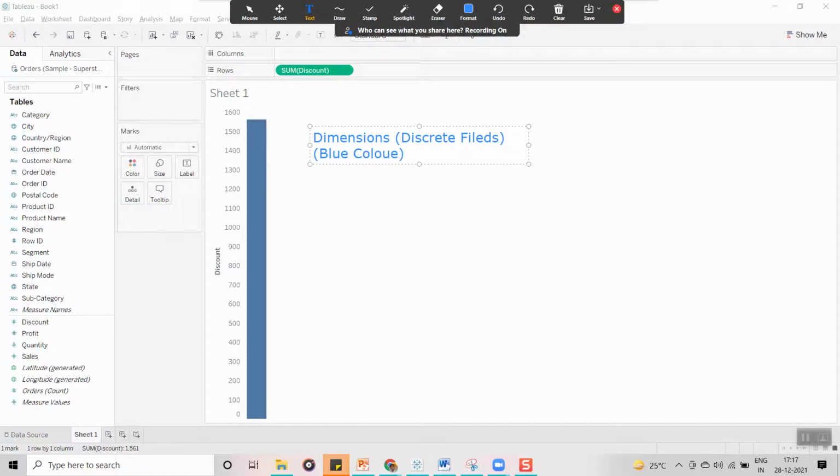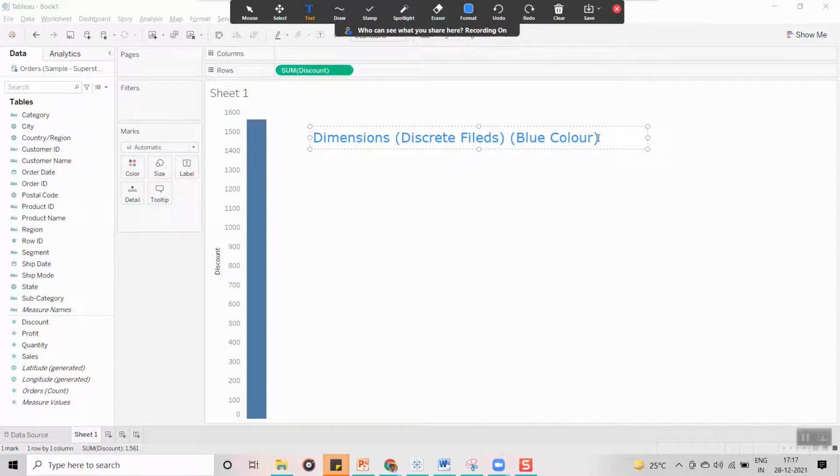Guys, see, all the dimensions by nature display blue color, and all these dimensions are discrete fields. Discrete field means it is going to generate a header.